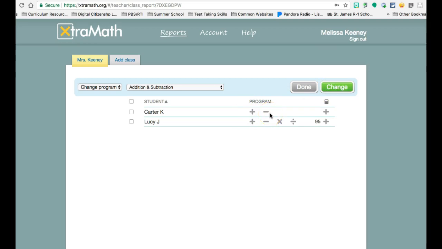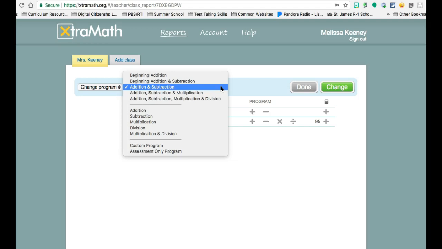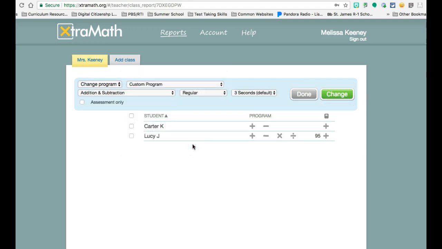the program selected. So Lucy, while she is on the beginning addition, this program for her has addition, subtraction, multiplication, and division. Sometimes that's overwhelming for students, even though she's just initially starting with addition. So as a teacher, you may want to select something a little simpler depending on the grade level that you're on. You also have the option of doing a custom program where you can select the operations that will be